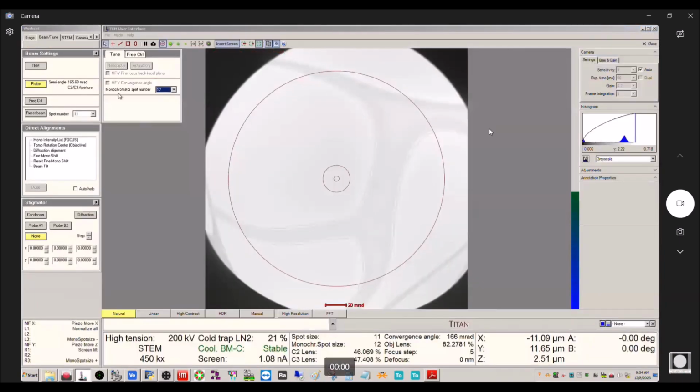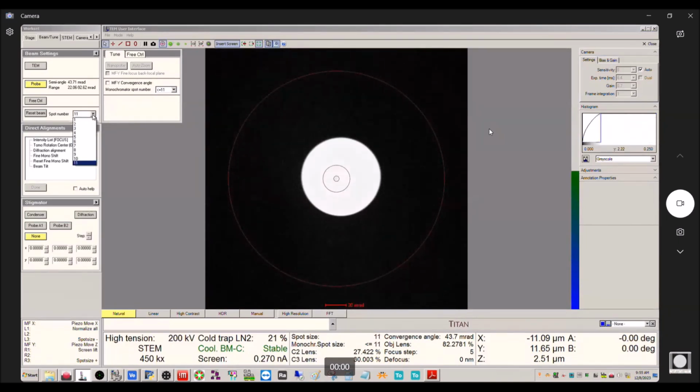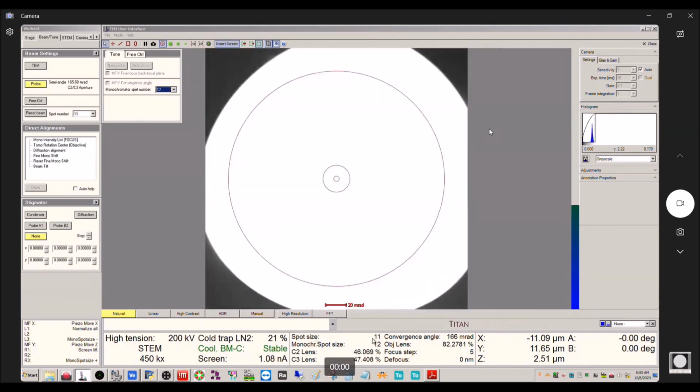So you can see now here, when I went to 11, it went to spot size 11 and monochromator spot size 12. Let me show you this again. If I'm at 11, it's just showing spot size 11. Or if I have this at, say, 8. But if I put this at 12, then spot size goes to 11. That's the C1 lens. And then I have monochromator spot size 12. All right, so now